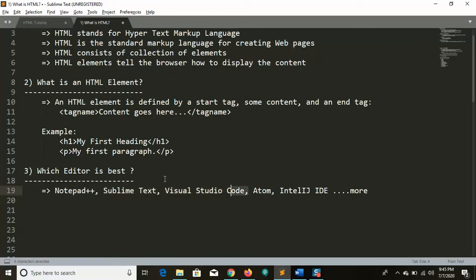I have used Sublime and Visual Studio for nearly 5 years. It is good, and a lot of extensions are also available. Most people also use Atom and IntelliJ IDEA and more. Your wish, you can use your own editor. Okay.